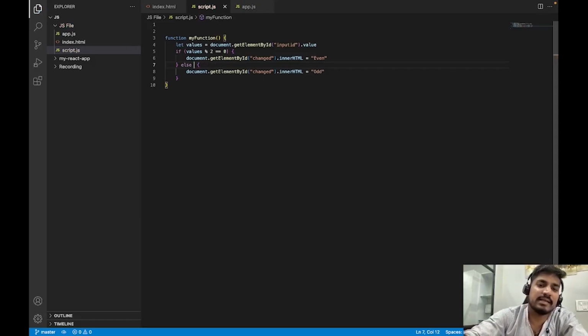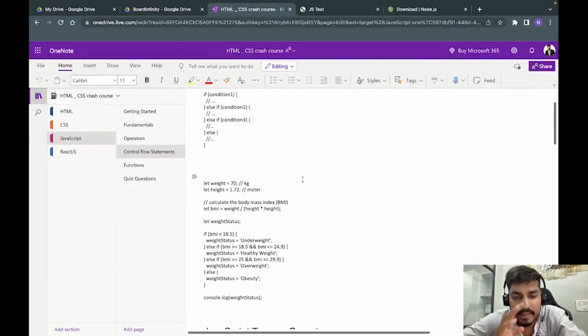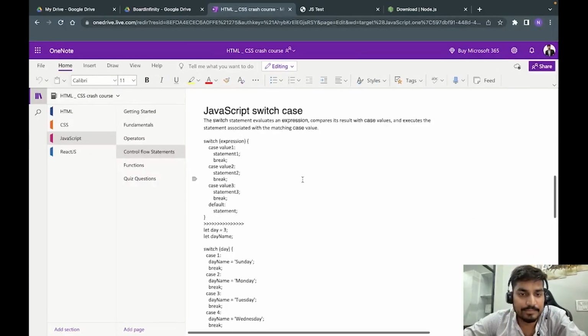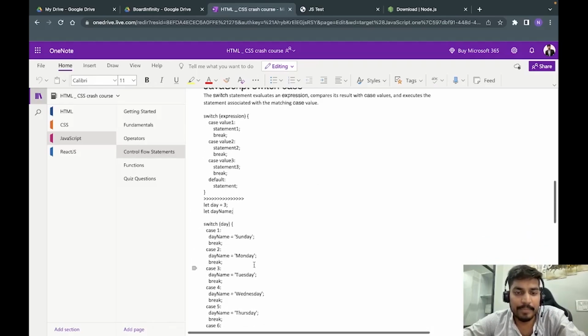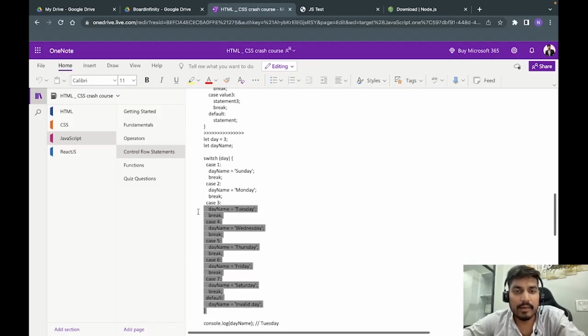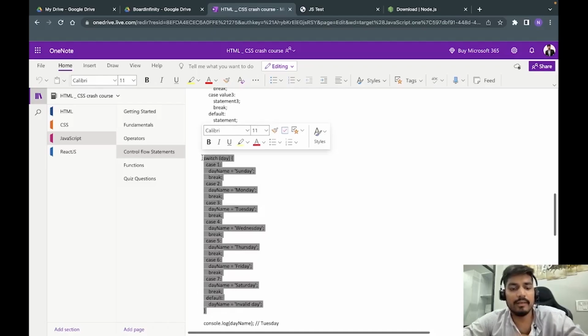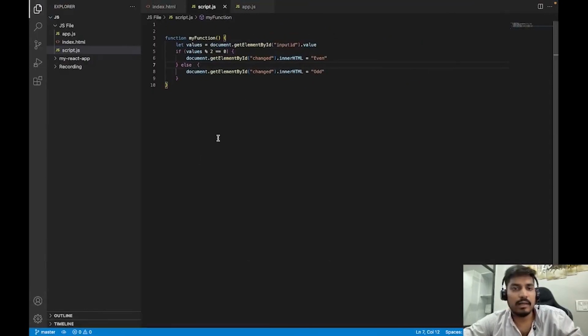But the main operation is, this is a control statement, and this is basically how it works. The next control statement is the switch case, which is used very rarely in this particular industry. But let's actually see that. Let's copy this particular code, and